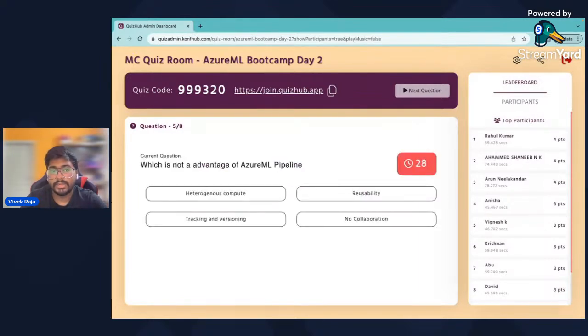Which is not an advantage of Azure Machine Learning pipeline? Heterogeneous compute, which means different compute for different steps, reusability, tracking and versioning, or no collaboration. I think it's very evident. I wanted to keep the quiz as simple as possible.